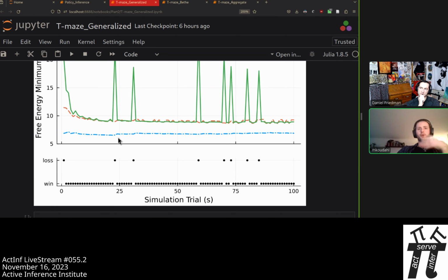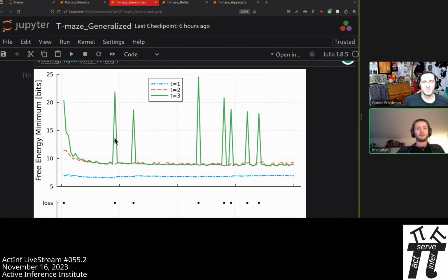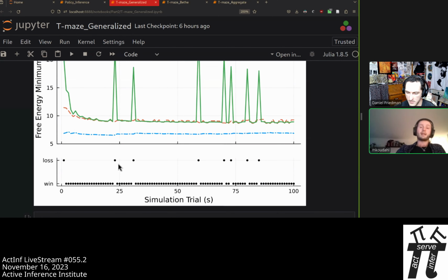So the Q says the reward is to the left, the agent goes to the left, but it doesn't get a reward. There's a bit of stochasticity in the T-maze environment. So it's not always 100% sure, even if your Q points the right way and everything, that the agent actually gets a reward observation in the end. And this to me is pretty nice, because it shows that if the agent's predictions are violated, we can directly see that in the free energy of the model. We get these sort of prediction error spikes, which I think is really nice.